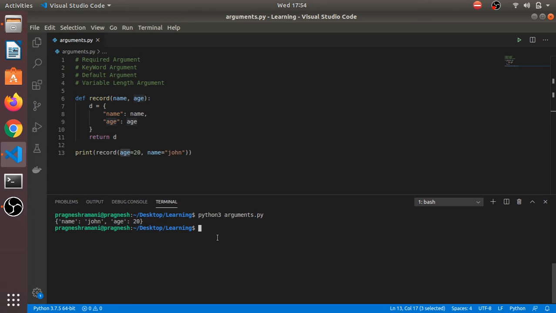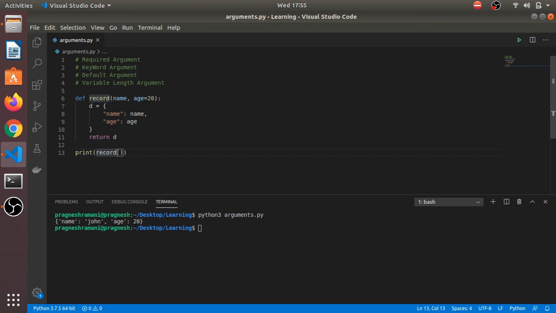So what is a default argument? As we have seen in required argument, we must pass the value of that particular variable. And what if I am not passing that value? Then it will give us an error. So for that we define a default value for that particular argument. If we are not passing any argument, then it will take the default value as 20, whatever we have defined at the function definition.